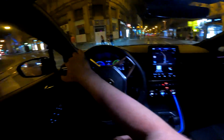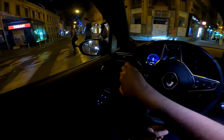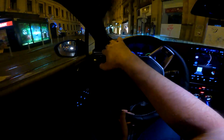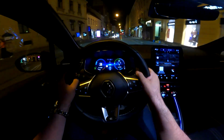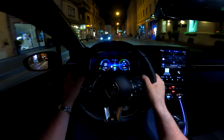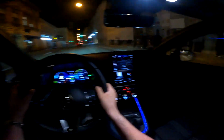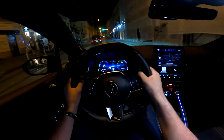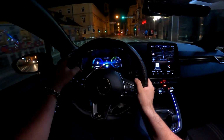And you may see that today it's a bit more crowded than usual when I film the night point of view drives, because I usually film them at around 3 a.m. Now it's just around 10:30 in the evening, so yeah, a bit more traffic around us, but that is okay. This car is stationary, but no indicators, nothing. Anyway,